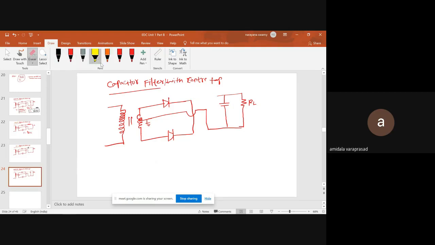So LC filter. LC filter in the sense, first L, inductor is in series with RL and capacitor. Then CLC filter in the sense,